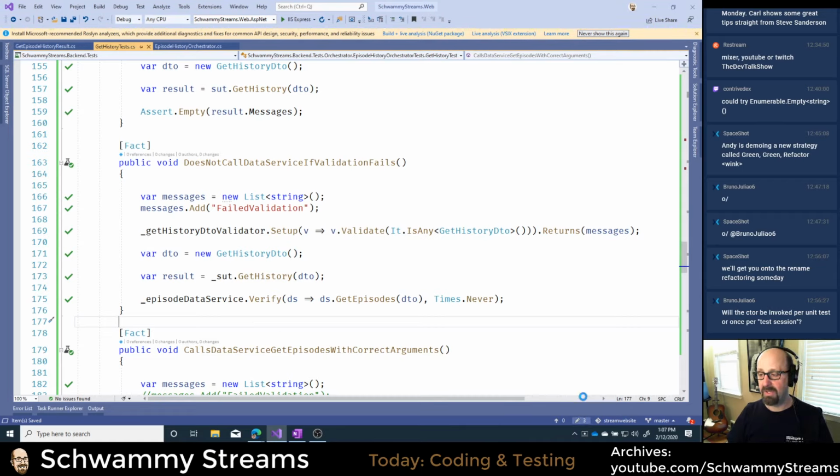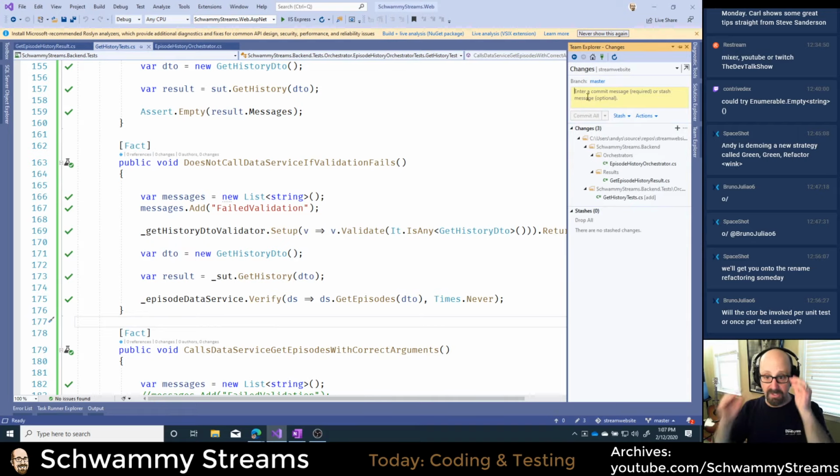I should check this code in. I'm probably on the next week's show. I think what I'm going to do is continue with some of this testing and maybe renaming some of this code and maybe organizing this code. I'll probably continue at unit testing, but let's see. Added unit tests for Orchestrator.